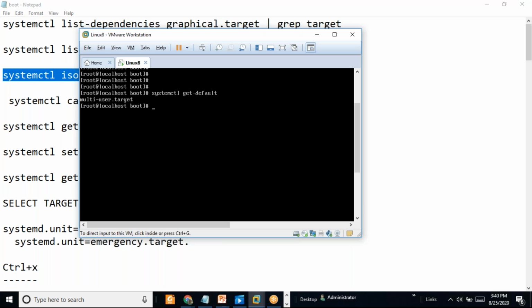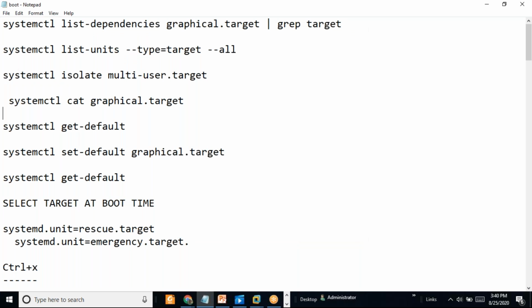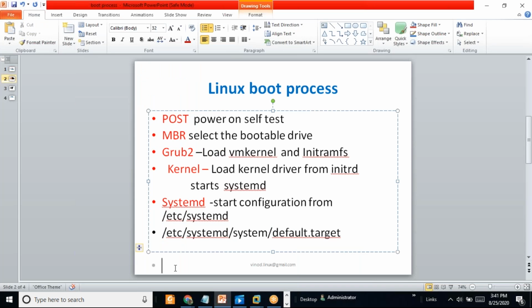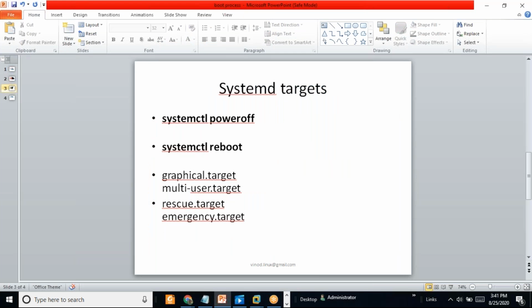So when we restart the system, like with init 6, or I can give the reboot command. We can give the reboot command and all for restarting. So we have commands for reboot and so on. The main important commands: systemctl poweroff means it will completely power off. Systemctl reboot means it will reboot the system.